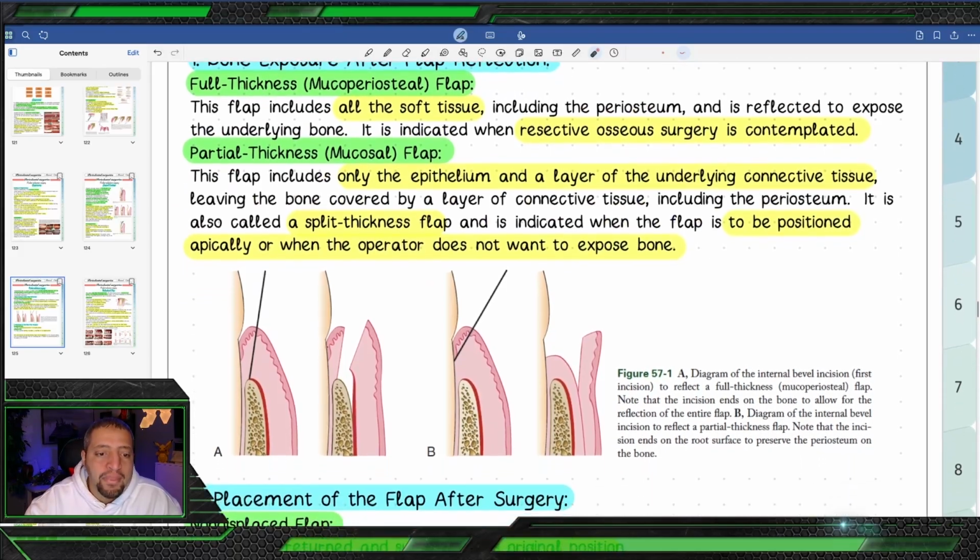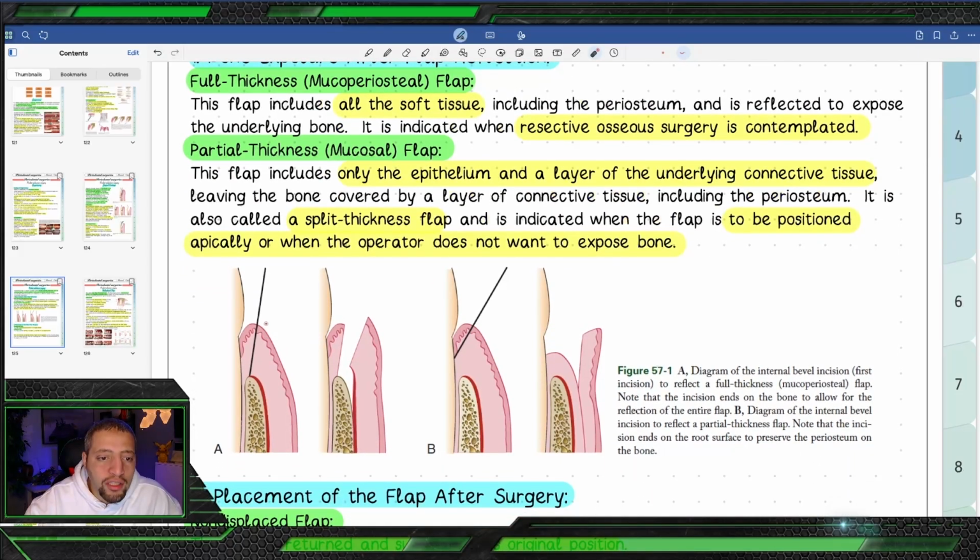In a full thickness flap, you are going to cut and reflect everything. You see this periosteum is reflected from the bone. In a partial thickness flap, we would love to leave this part here. Why? When we leave this part here, we are not exposing the periodontium, we're not exposing the bone. This way, the healing will be better, the reflection of the flap to come over the soft tissue will